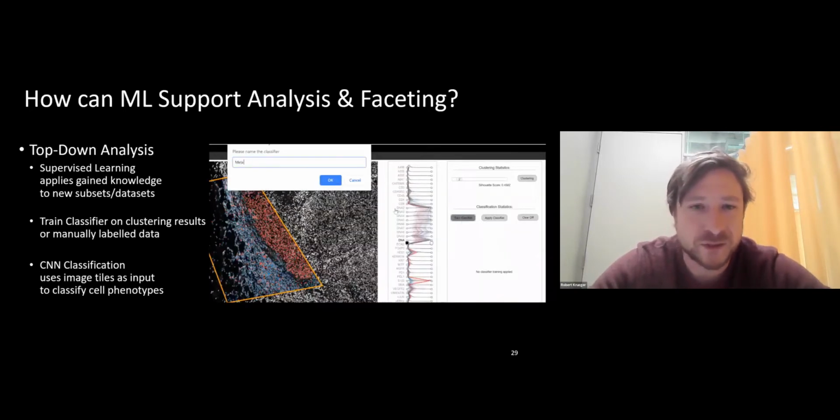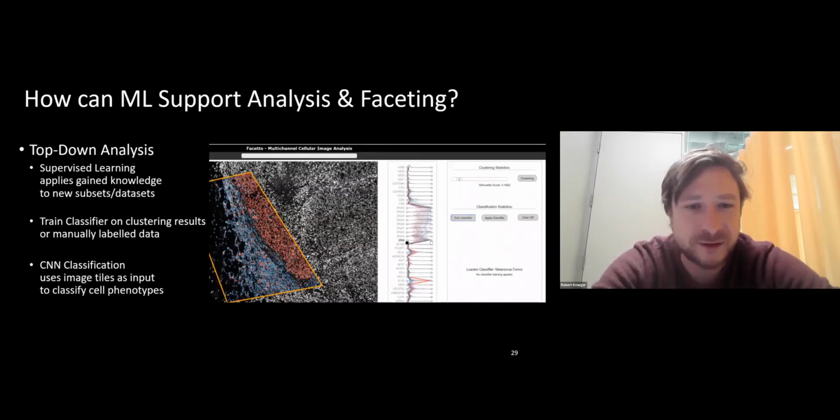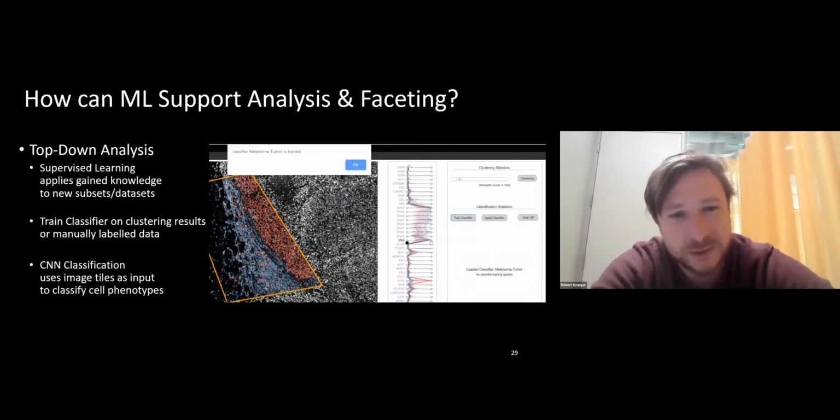We can see how that works here. So for a region, the user can say you want to train a classifier. You can give it a name, and then the algorithm runs. This is a small region. Depending on how big it is, it can run for 10, 20 minutes or whatever, depending on their data set. But then once the